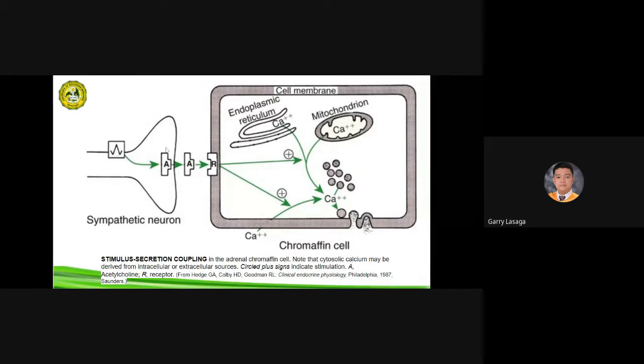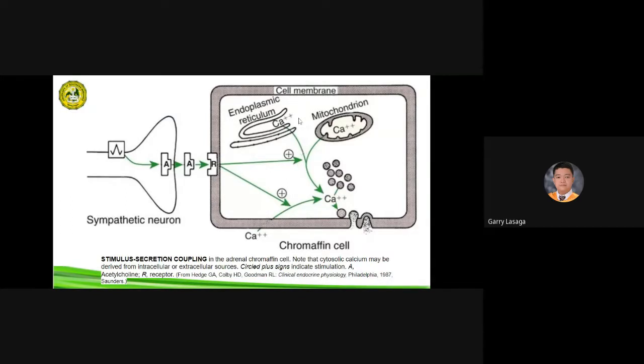The sympathetic nerve releases the neurotransmitter A or acetylcholine. The acetylcholine will travel through a synapse and act on the R. The R here represents the cholinergic receptor, which is the nicotinic receptor. When our acetylcholine binds to the nicotinic receptor in the cell membrane, it will initiate an action potential, will depolarize the cell, and it will stimulate the